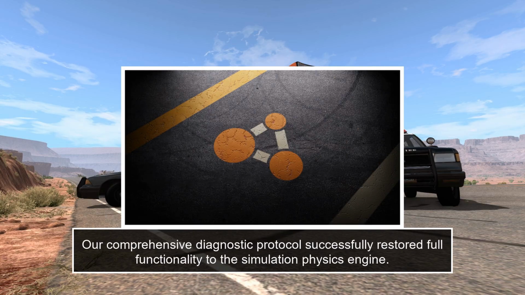Our comprehensive diagnostic protocol successfully restored full functionality to the